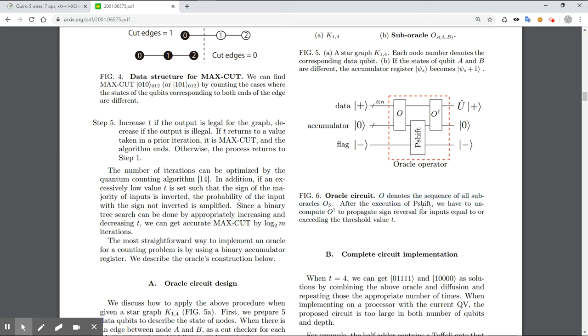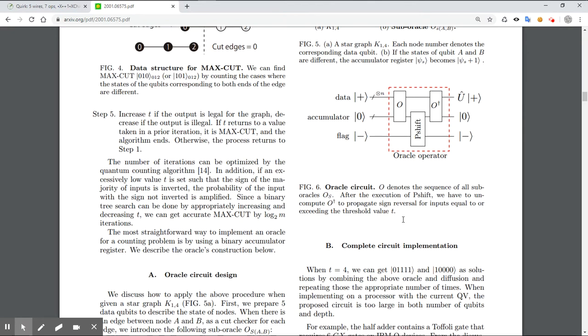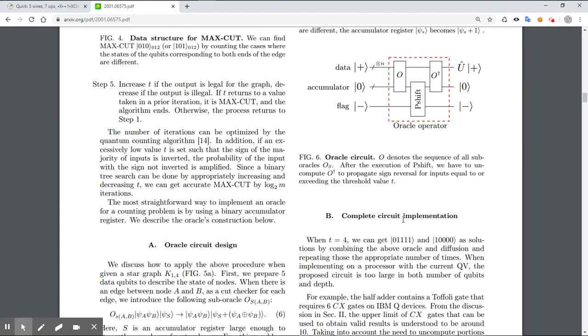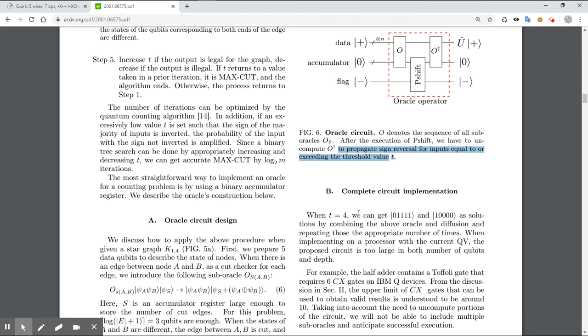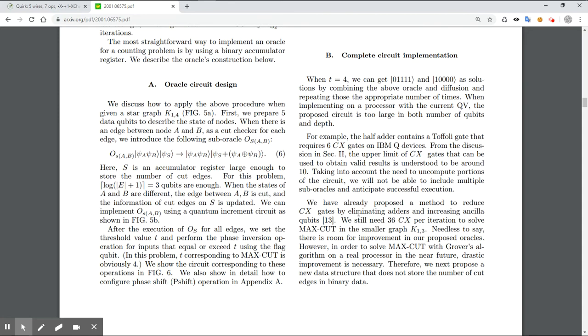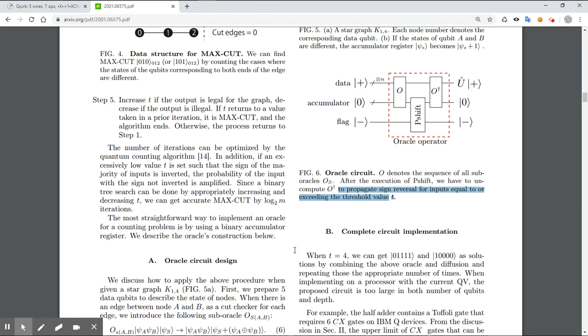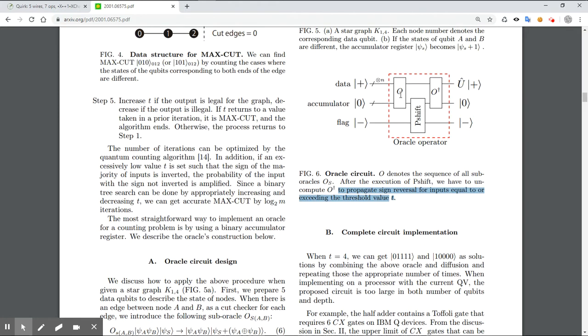After the execution of P shift, we have to uncompute, to propagate sign reversal for inputs equal to or exceeding the threshold value T, to propagate sign reversal for inputs equal. Not entirely sure what that means. But then you're gonna have, so O is like the combination of all the O sub S,